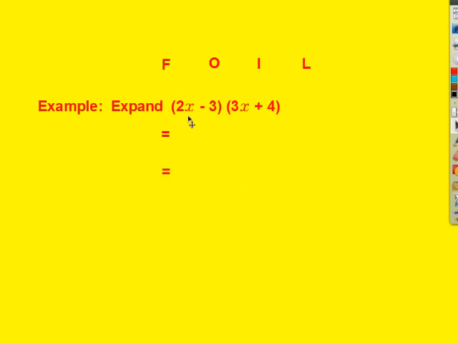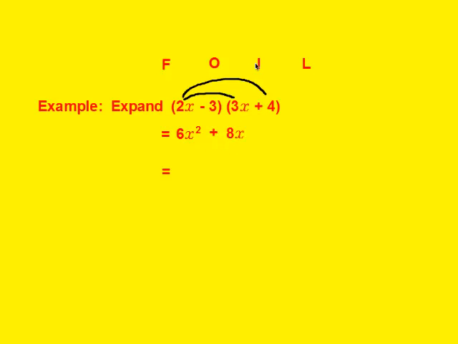Next example, complication here now that the x's have a number in front of them. Not too hard to deal with though. First terms, 2x times 3x, well 2 3s is 6. And x times x is x squared, so it's going to be 6x squared. Outers, 2x times positive 4 is positive 8x. Inners,